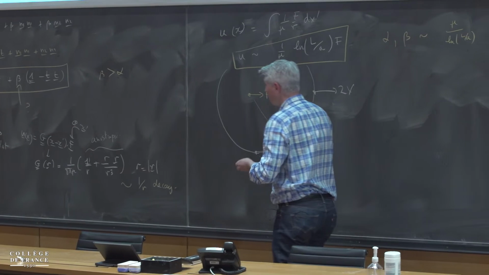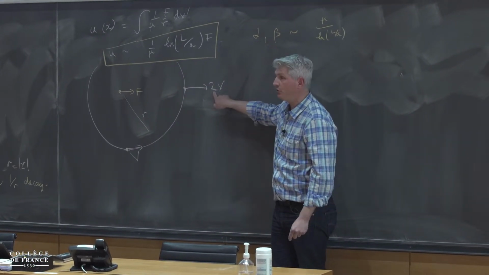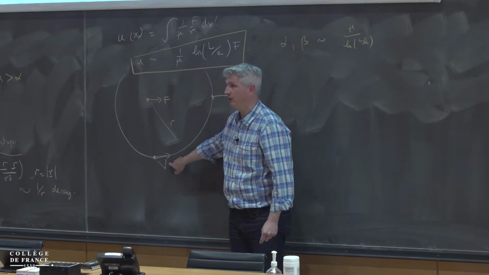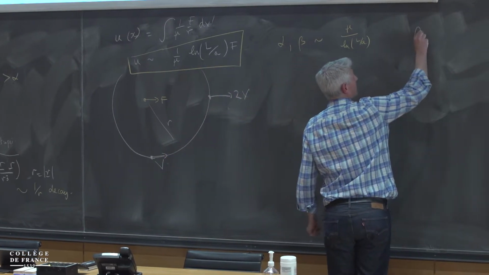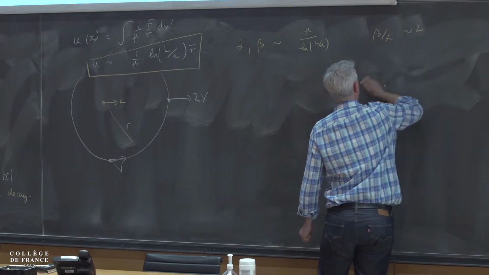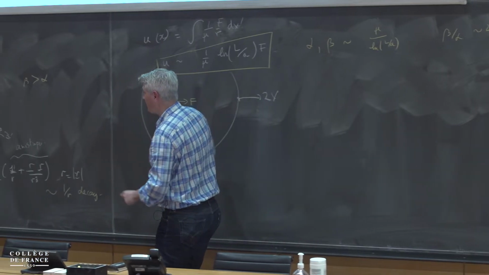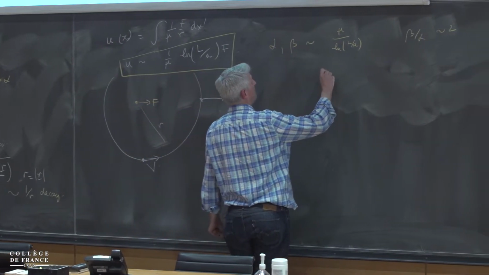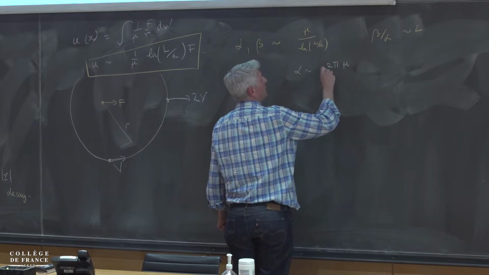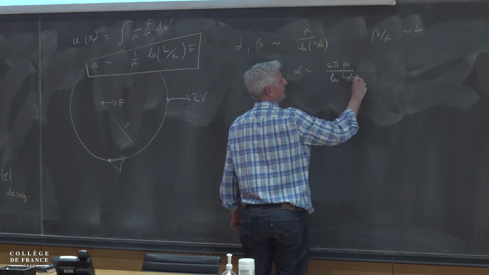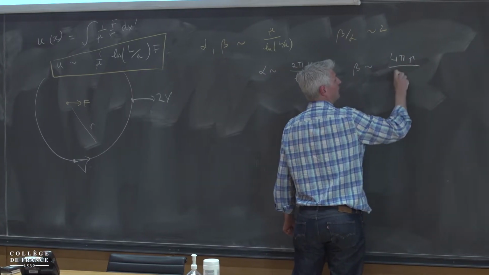When you do a line of force that is aligned with the force, you get a contribution of the 2. When you do the line of force that is perpendicular, you get a contribution of 1. And so that means that beta over alpha is approximately 2. Okay, so if you do all the calculation correctly with all the prefactors, you're going to get something like alpha is approximately 2 pi mu over ln of L over A,